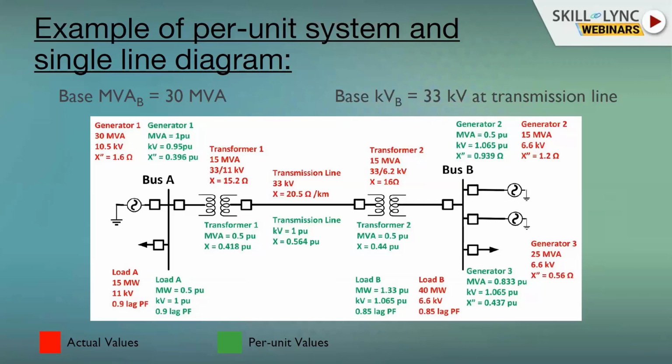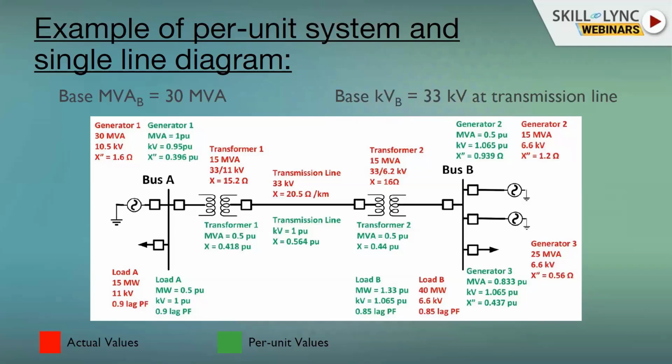So we can see it is in the close range of 1 per unit, while in actual value it is 10.5 kilovolt, and for generator 2 it is 6.6 kilovolt, which is a very huge difference of around 4 kilovolts. It may give a very wrong interpretation for a power system engineer who is going to put a relay there, who is going to put a circuit breaker, or who is going to do some maintenance or technical work there. The 4 kilovolt voltage difference would be very huge there.